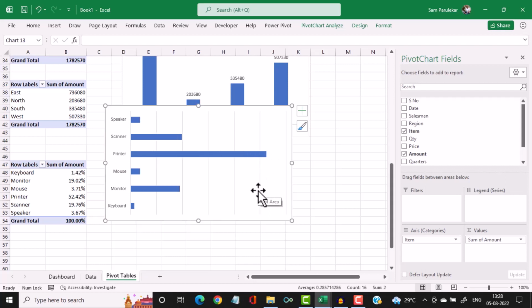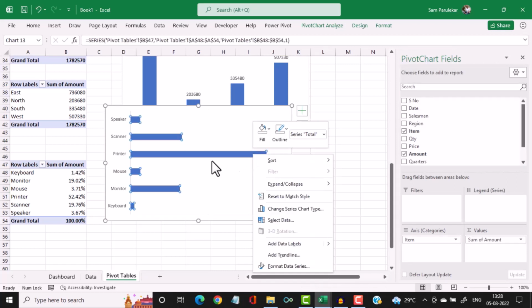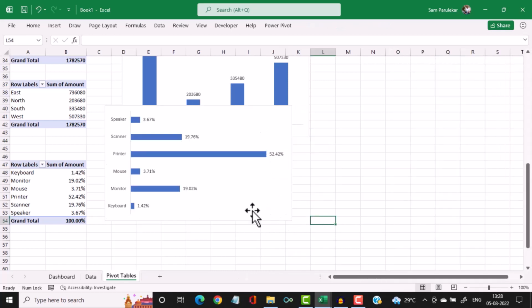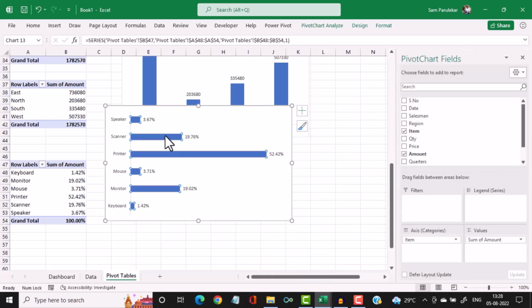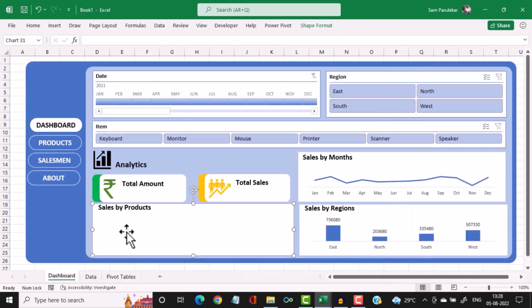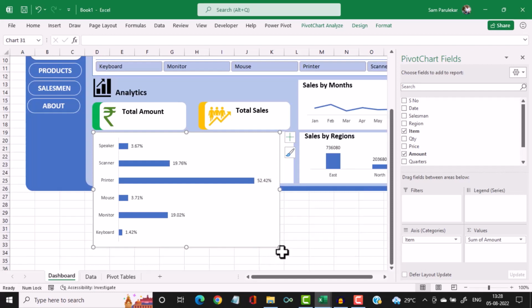I don't want these vertical bars, and I want the data labels, so right click and select add data labels, and then I will Ctrl C, copy it, come into my dashboard and Ctrl V, paste it,